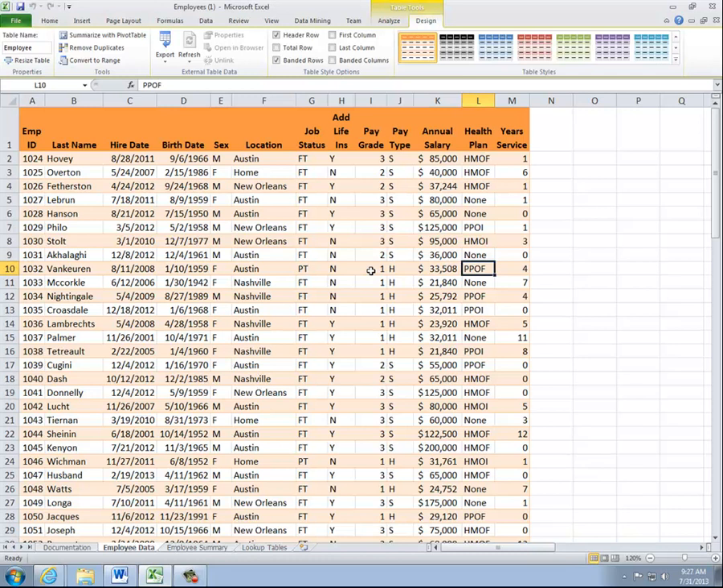The health plan is an acronym for the various health plans that the employee can choose, and their years of service, which is a calculated field. You'll notice up here in the formula bar we use the DATEDIF function, and it's comparing certain things here, right? So it's looking at C10, which is the date they were hired,